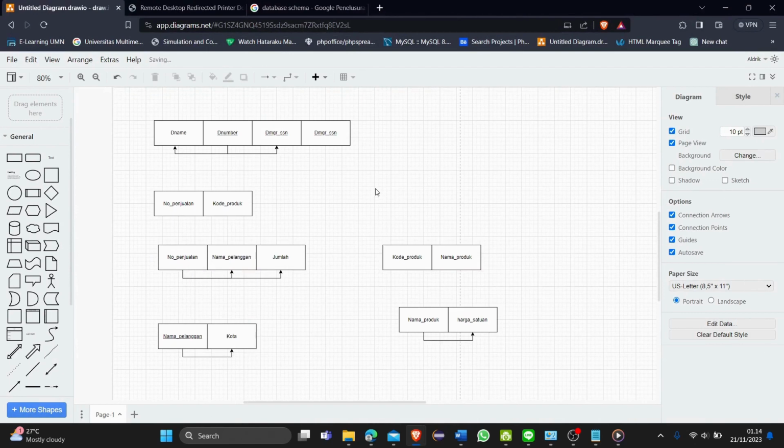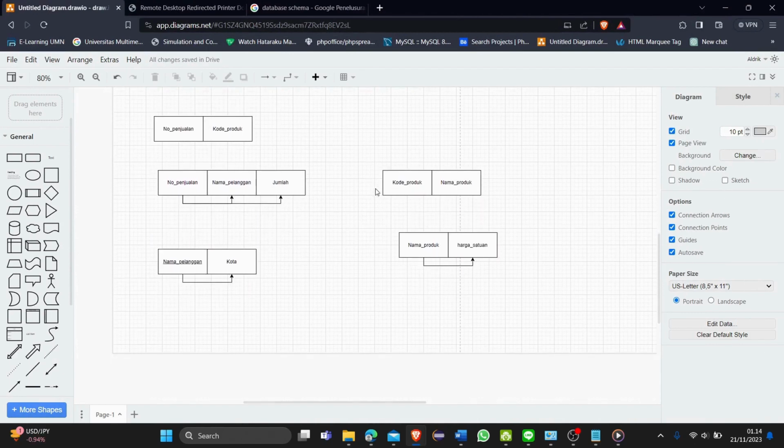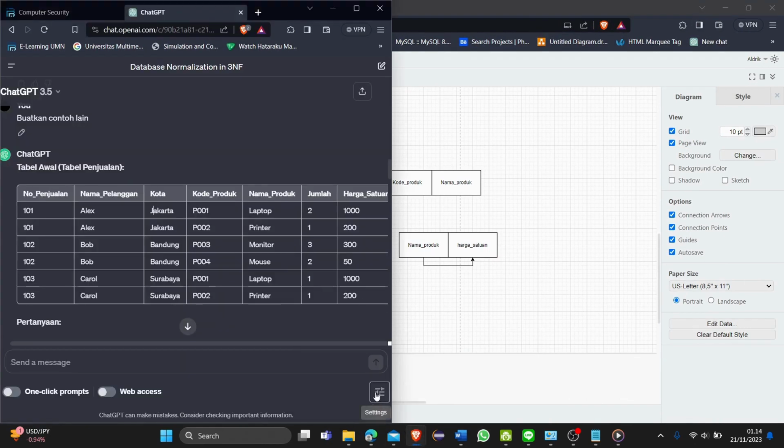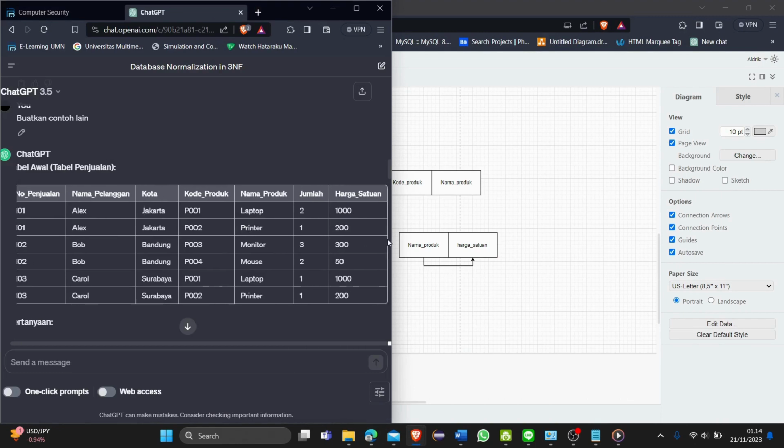And tada! This is the 3NF form of the table that was given by ChatGPT. Easy, right?